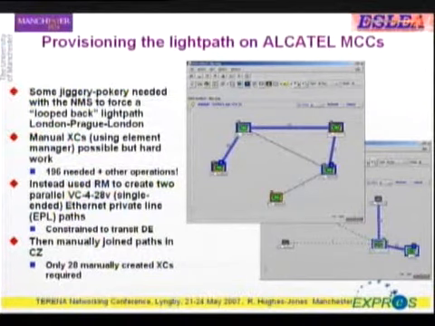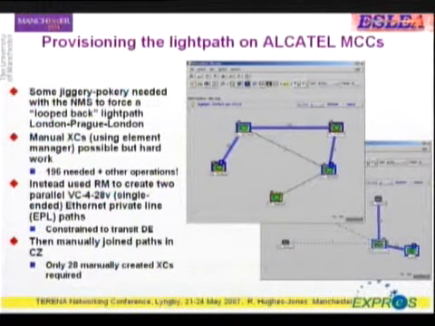They were very inventive in using the management tools from Alcatel to actually do this. We first thought that they'd have to set up every element by hand, which would have been somewhat daunting, there being something nearly 200 of them. But it turned out that we could do something much simpler. So our first attempt was to say, okay, I want to go from London to Prague and back. And the wizard said, "You're crazy, I'm not doing it." So what they did is they